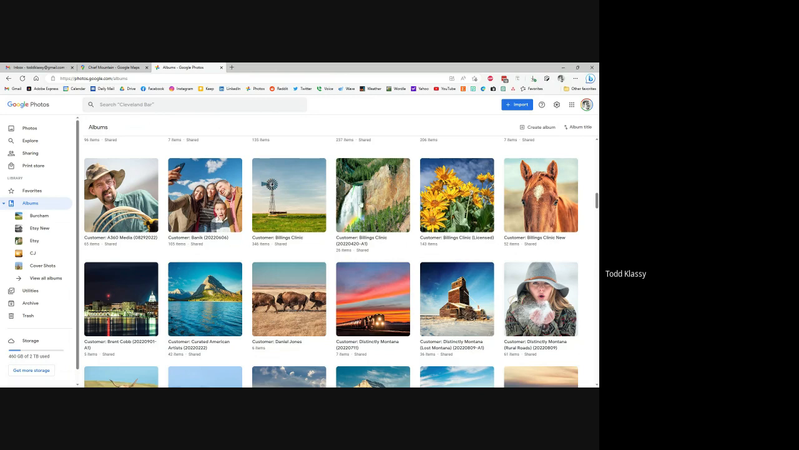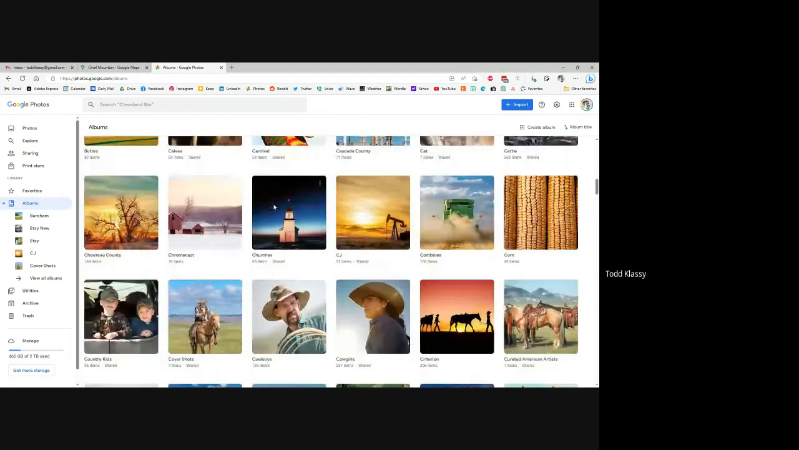So I also know that the following year, if they come back to me to license photographs, I'm not sending them the same stuff over and over again. So, if I come to you,